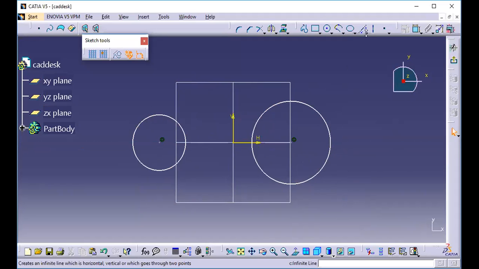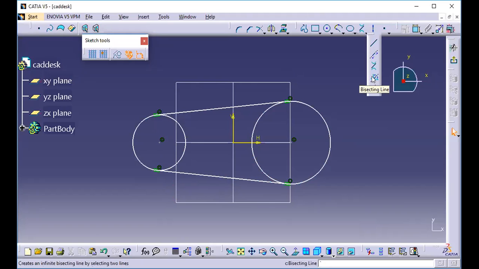Now I will go to the bitangent line. Just select this circle, just select this circle, and automatically a line will be created from there. Again, if I go to the bitangent, select this circle, select this circle, automatically it will create a tangency and touch the circle. So it creates a line touching both the circles and creating tangencies. So this is the bitangent line.